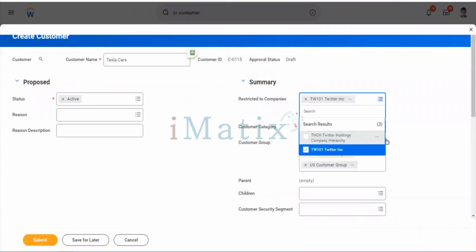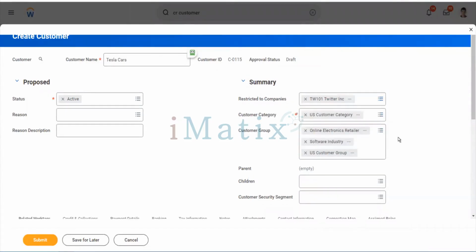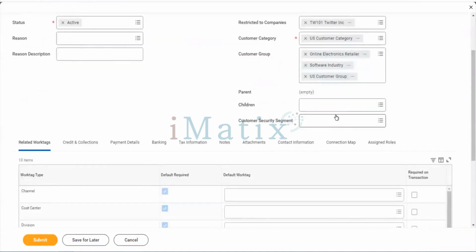Once you start doing transactions, you can enable it for a hierarchy for a company. The next part is, if we do not restrict it to a company, then it will pick any company.